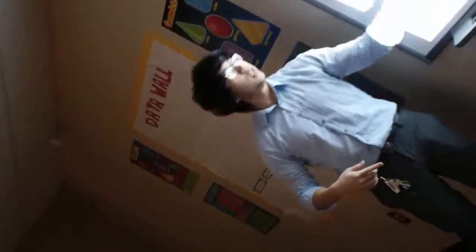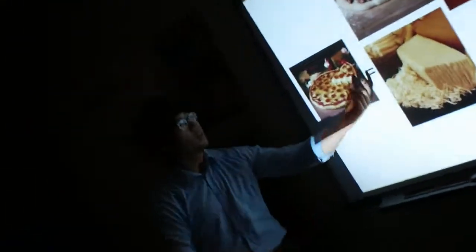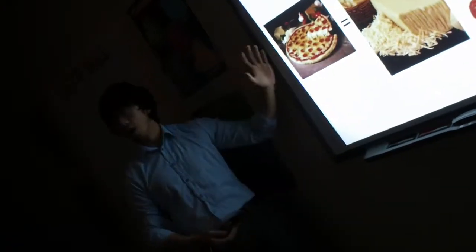Now, just like an equation, I'm going to get to that a little bit later, but I'm going to show you a couple more examples of what an equation is. Thinking about pizza, what makes up a pizza? Cheese, pepperoni, sauce, dough, tomatoes. So all of this on this side equals a pepperoni pizza. You understand what I'm trying to get at?